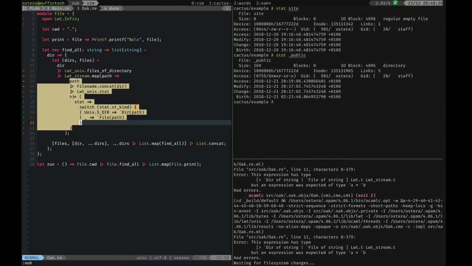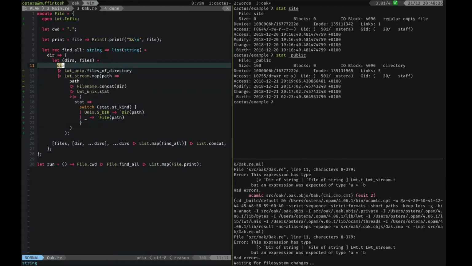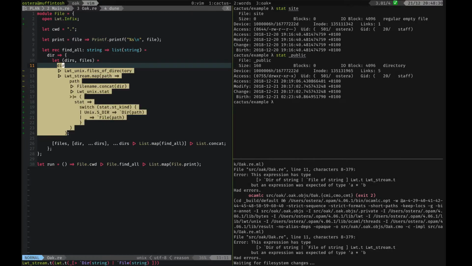So essentially, after we do this mapping, if we go back at the top, we'll see that we begin with a string and we come up with a list of directories, and then we end up with this stream of promises of directory names and file names. And this is where things get